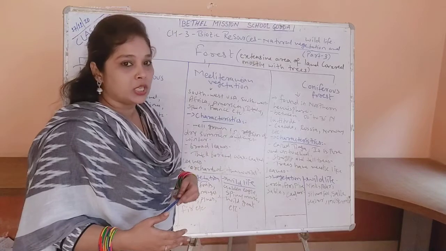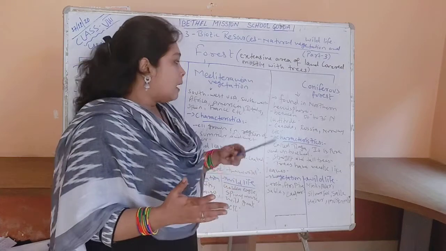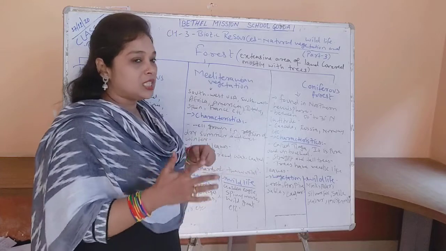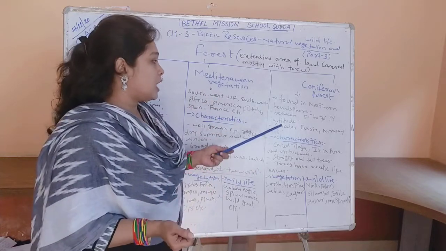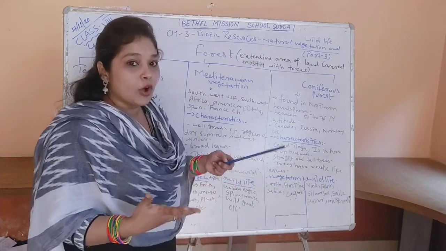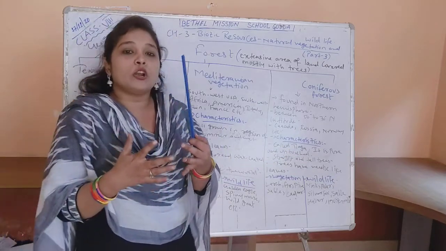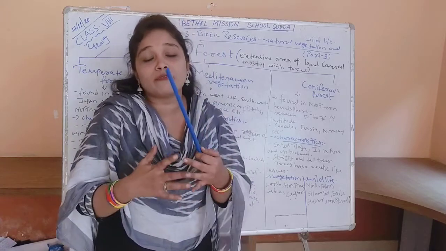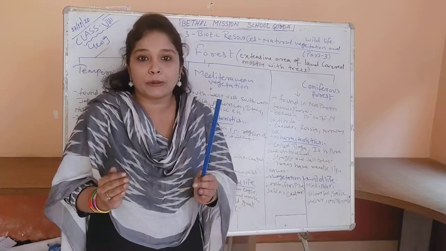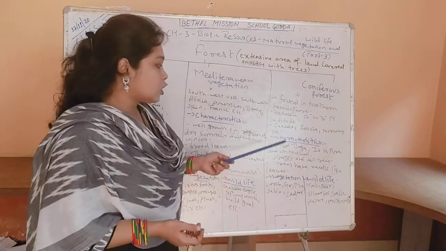Now moving on further, the last type of forest is coniferous forest. Now what is coniferous forest? This type of forest can be found in the northern hemisphere between 50 degrees to 70 degrees north latitude. It can be found in those areas which are situated in the northern hemisphere like Canada, Russia, Norway, etc. This forest is also called taiga. It is pure and untouchable. Taiga means which cannot be touched. So this is a kind of forest which is also called the Russian forest, which is not touched by any human being. Not many human beings visit this particular forest.